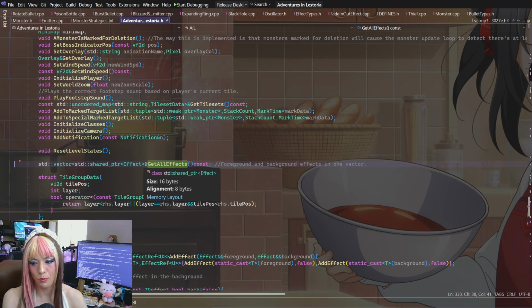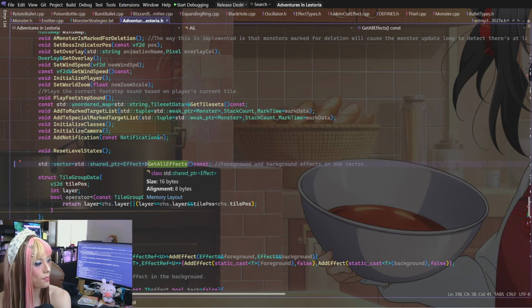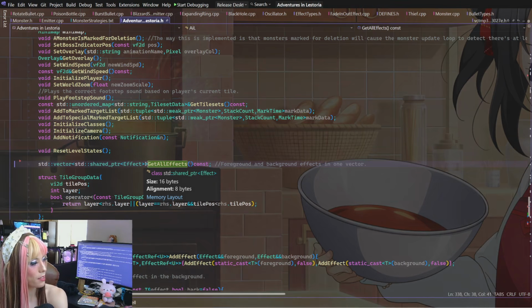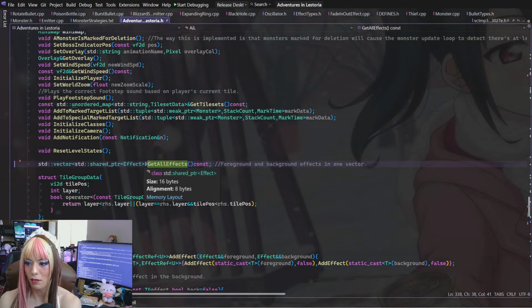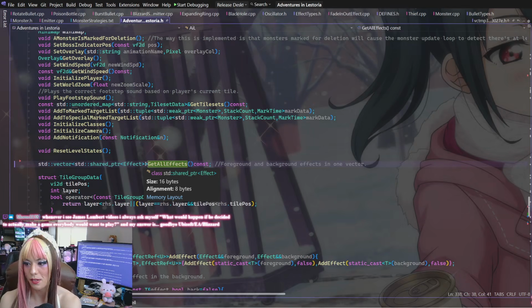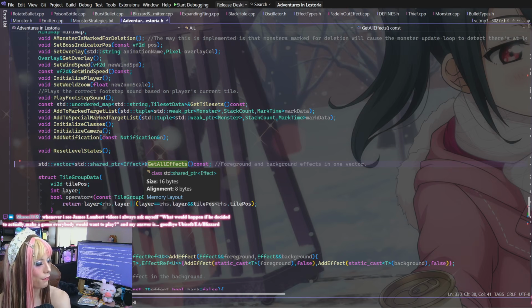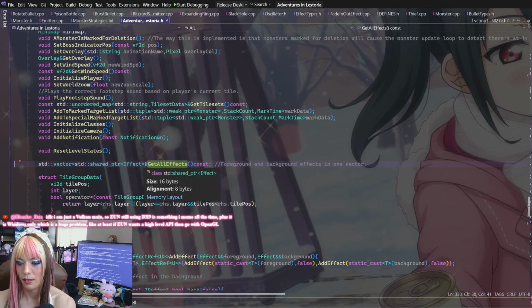Trying to think what would be a best choice here. I think what I would like is an array of effect limit times 2 size returned here. Or I can return a pair of 2 reference wrappers to both arrays. I think that would be better. It would be less intensive, and then I can just return both in a pair, which I kind of like more. I feel like that would make more sense if I were going to use this in the first place. Yeah, I think I like that.